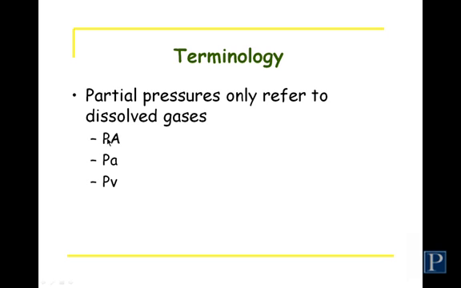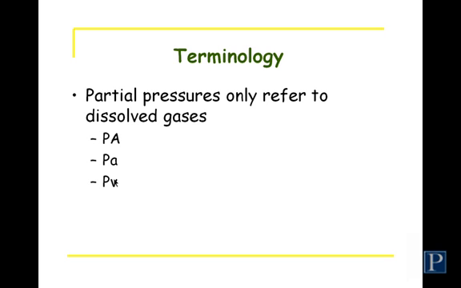The capital P refers to the partial pressure. If I use a capital A next to it, sometimes in a subscript, I'm referring to that particular gas in the alveoli. So if I say P capital A O2, I'm asking for the partial pressure of oxygen within the